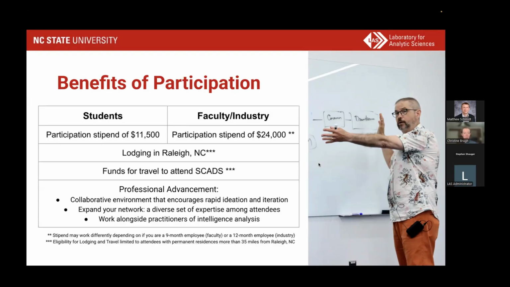clarify for your situation. For both students and faculty and industry, if you are located further than 35 miles away from Raleigh, North Carolina, then we can provide support for your lodging in Raleigh and also funds to support your travel to and from SCADS. So to Raleigh at the beginning of SCADS and then back home, wherever that is for you, at the end